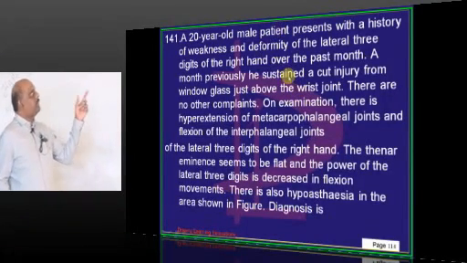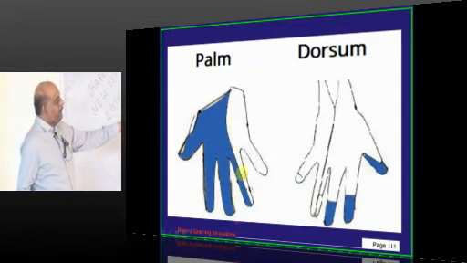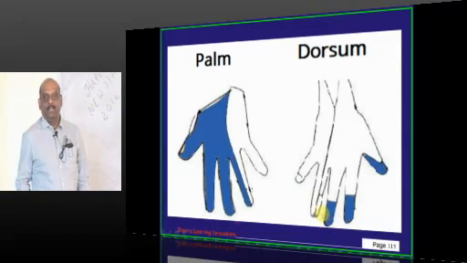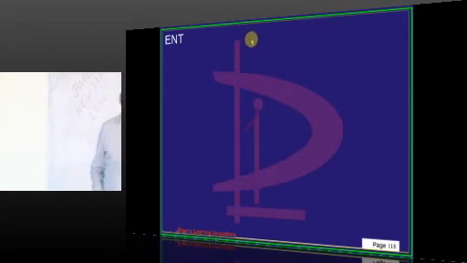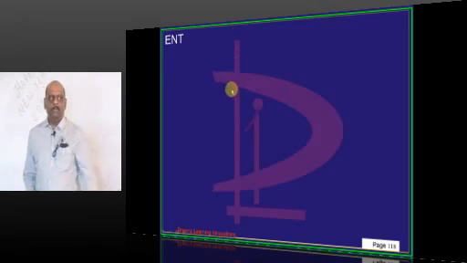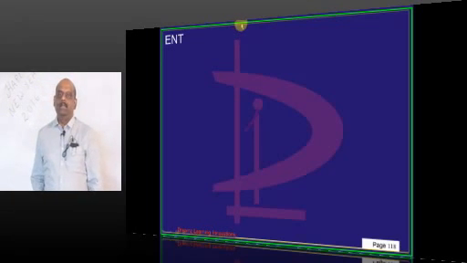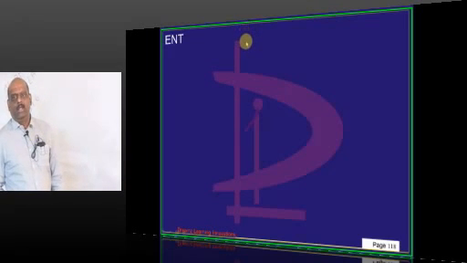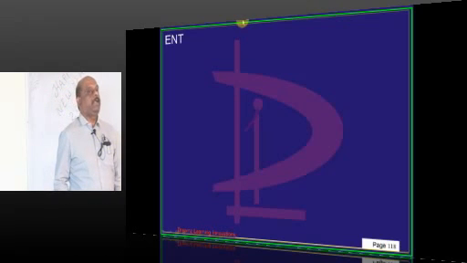A 20-year-old with history of weakness and deformity of the lateral 3 digits of the right hand, and typical distribution of the cutaneous loss of innervation, sensation. This is the classical distribution of the median nerve. So that is the reason it is a median nerve palsy. Once more, the rule is one question on brachial plexus, radial nerve, ulnar nerve, musculocutaneous, axillary nerve. Definitely one question, right? Froment sign and which muscle weakness will lead to Froment sign. All this funda you must be ready, doctor.